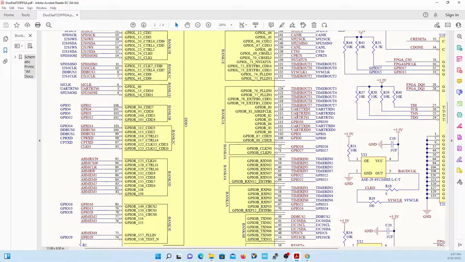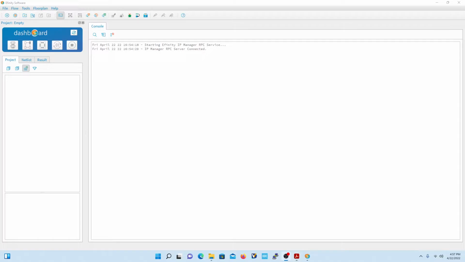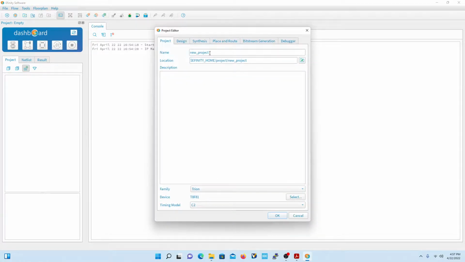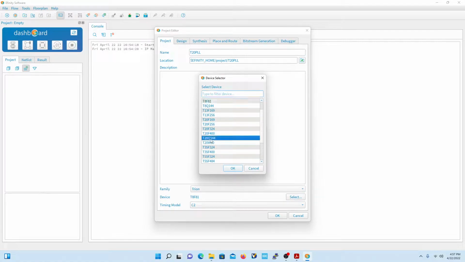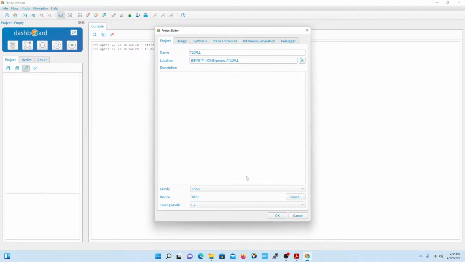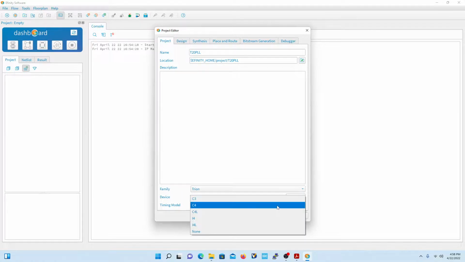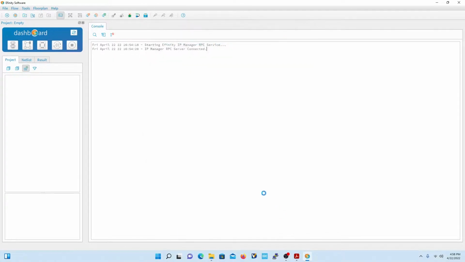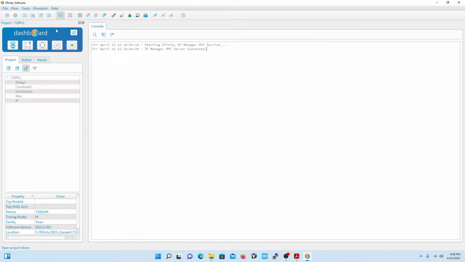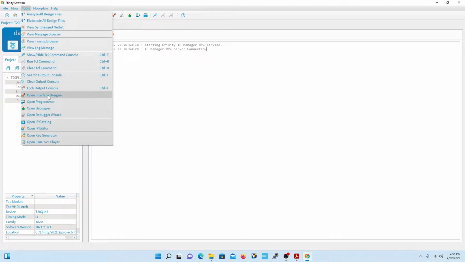So let's see. Let's go to the Efinix tool. First thing is we'll create a project. Call it T20 phase lock loop. We'll select the T20 Q144, speed grade I4. Once it's done creating a project, we can go into Interface Designer,